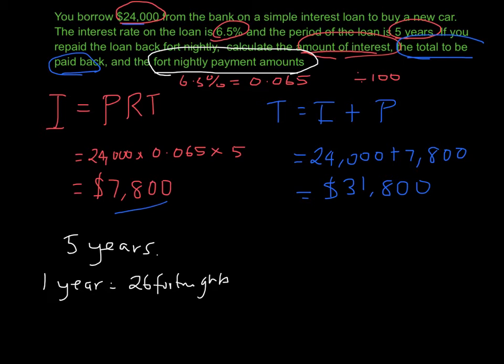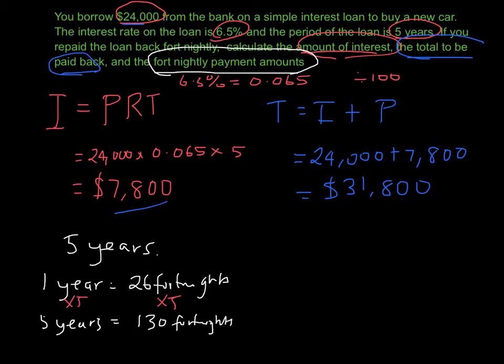I know that because there are 52 weeks in a year. So if I then therefore multiply that by 5, I'm going to get 5 years worth of fortnightly payments. So if I do 26 times by 5, I can work out that there are 130 fortnights